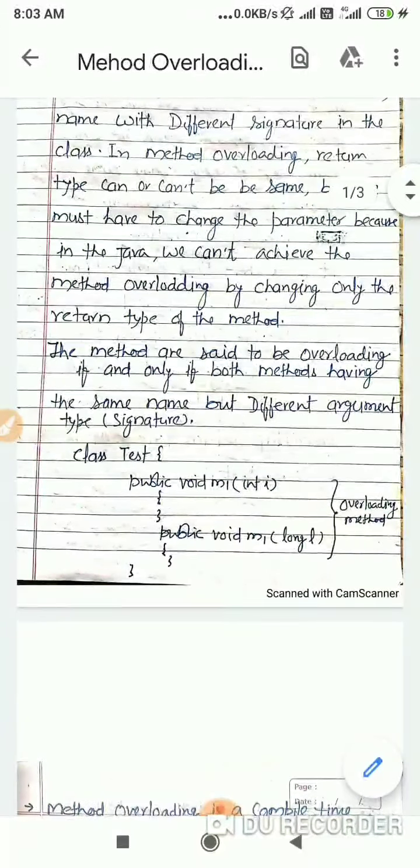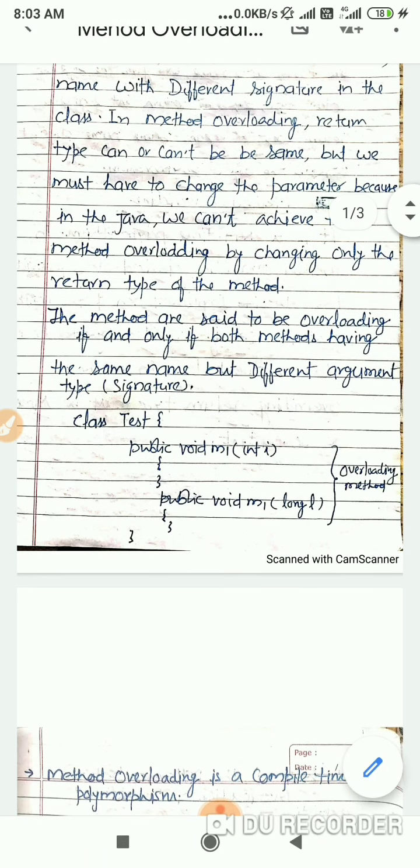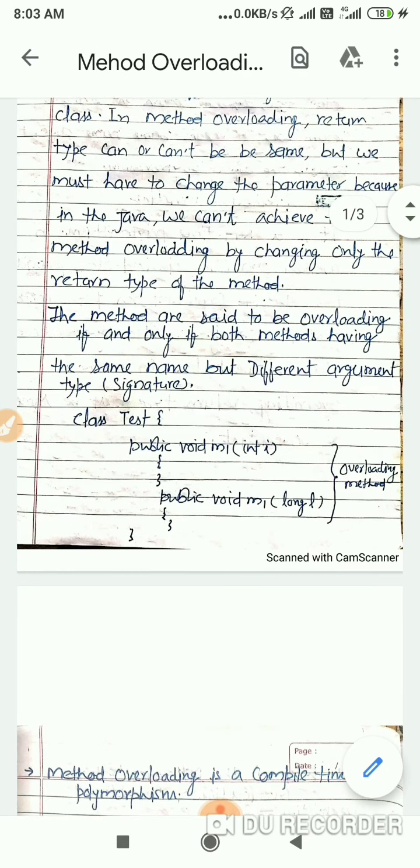And why do we need method overloading? Just see, student.